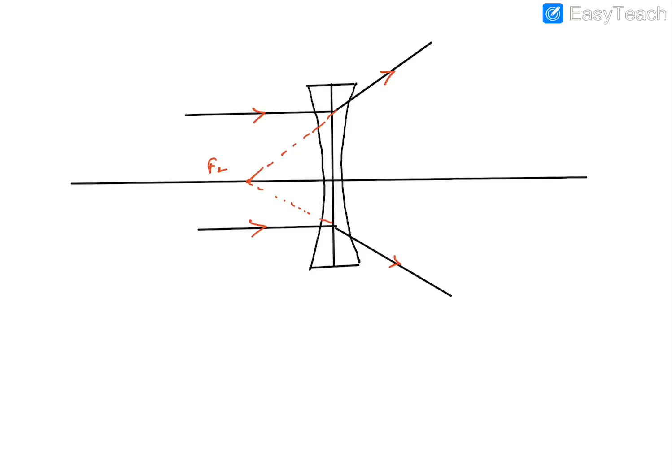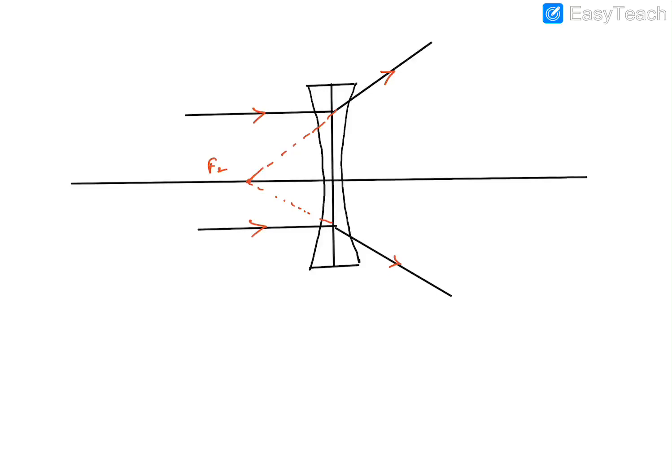If they ask you to define the second focal point of a concave lens, how do you define that? The second focal point is a point on the principal axis such that when the light rays are parallel to the principal axis, after refraction they will diverge away, but when you produce them backwards they'll meet at a point F2. As I said, the definitions of the first focal point and second focal point are a little tougher. So spend some time, read about them properly and then learn it.